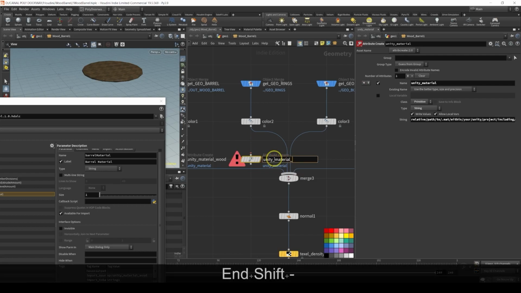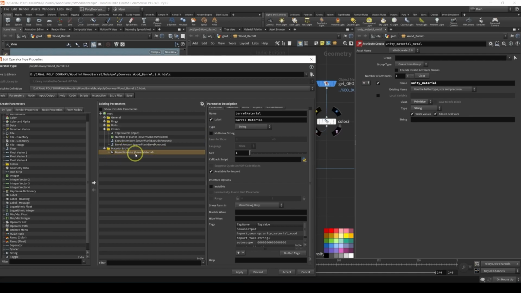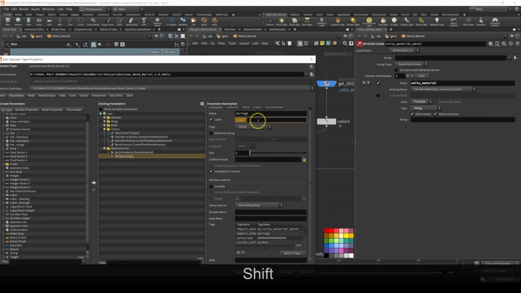Let's call it metal. And do the same thing as the previous property. Let's promote it. Let's call it rings and bolts